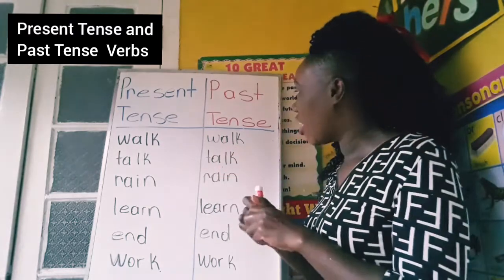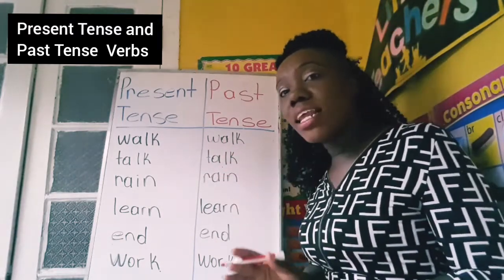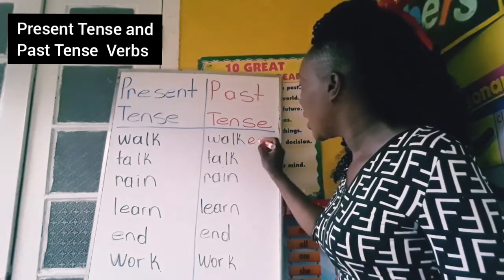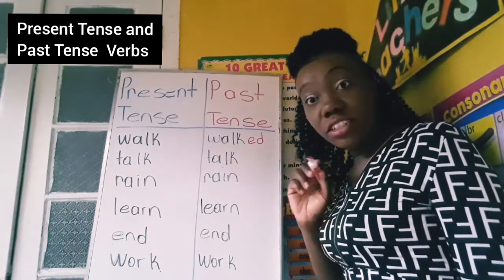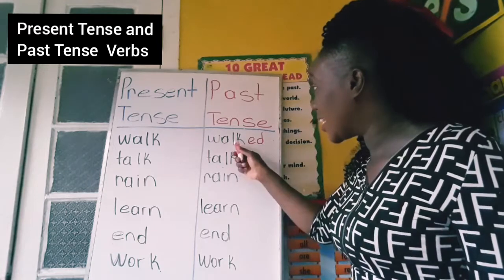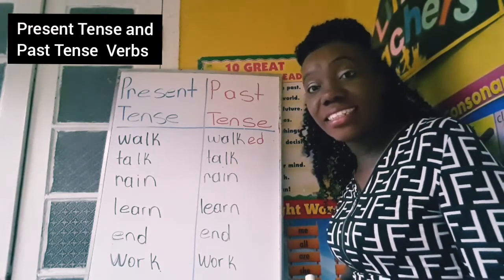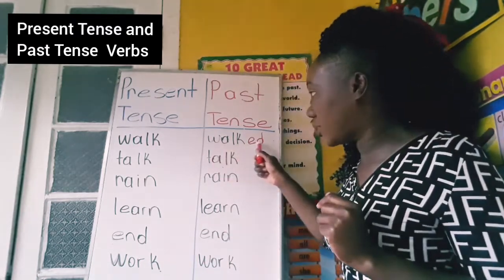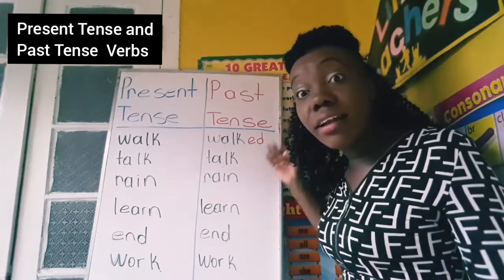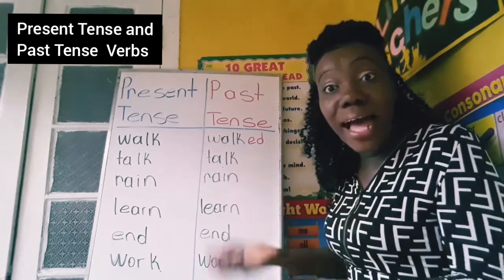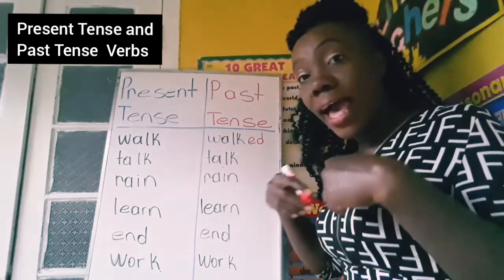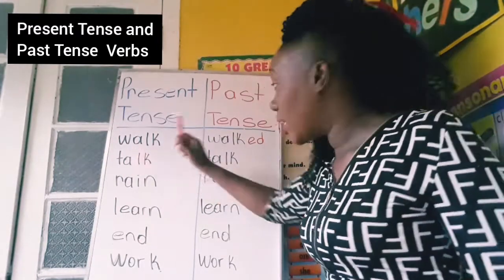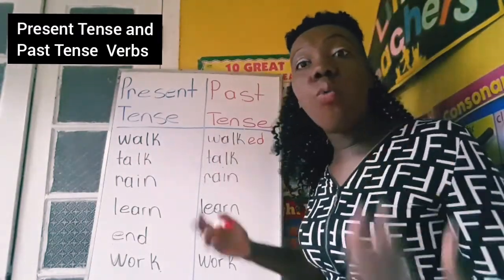Yes. Now normally for words in the past tense, you have these two letters, E, D. For some past tense words, we add ED to make it past tense. So yesterday, Auntie Karen walked. It's gone already. So it is in the past. So now I walk, present tense. But yesterday I walked.